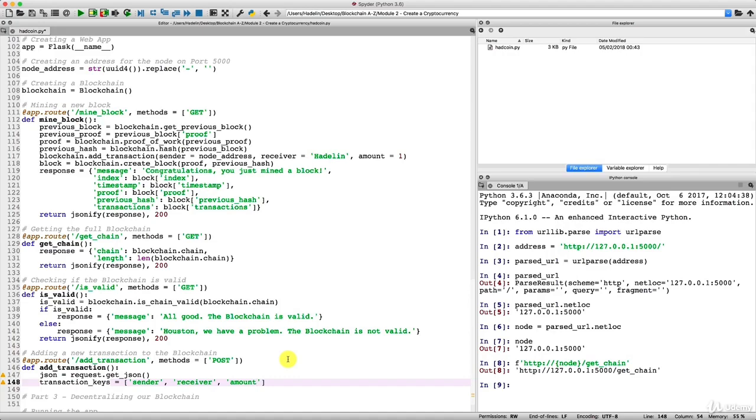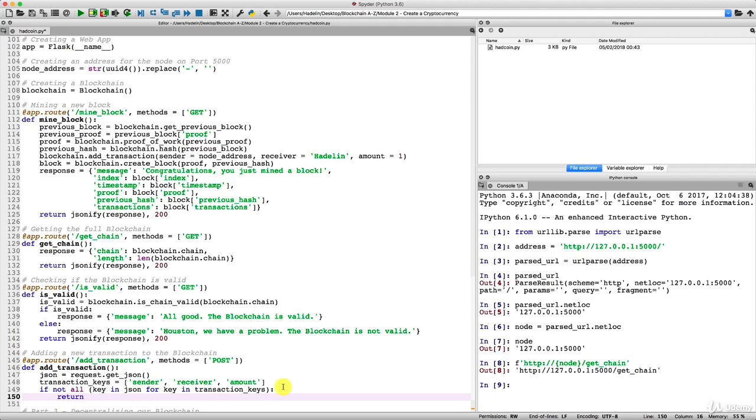If a transaction is missing any of these keys, we'll return a warning or an error saying that something is missing, something is not right. All right, so speaking of this, that's exactly what we're going to do now. That's why I'm starting with an if condition to check that if not all the keys in our transaction keys list are in JSON, we'll return an error. So you understand the syntax here? You have to read it this way. If all the keys in the transaction keys list are not in our JSON file, in that case, we'll